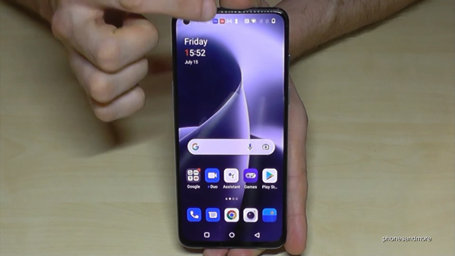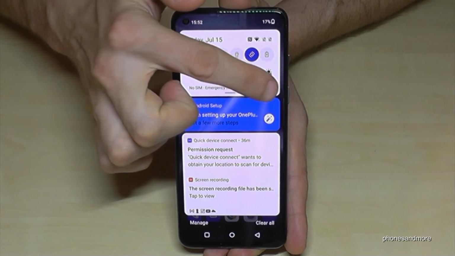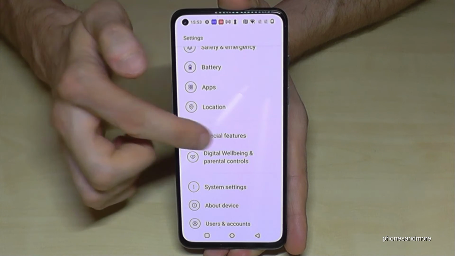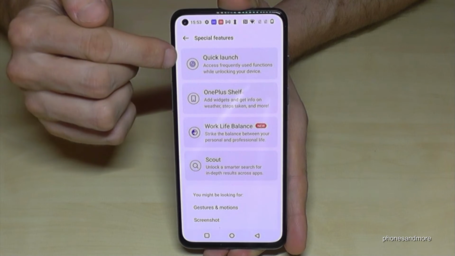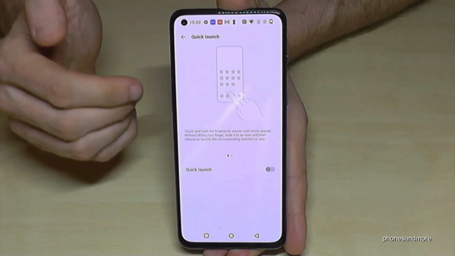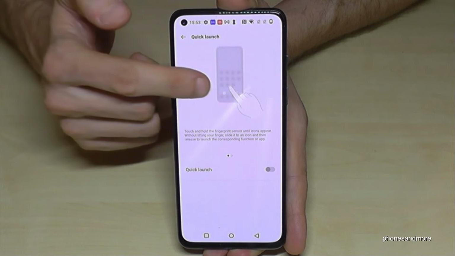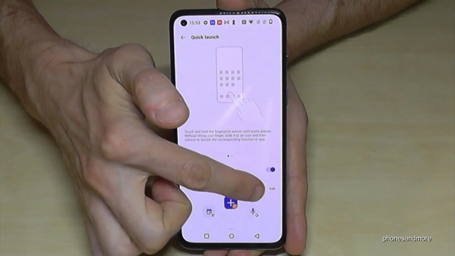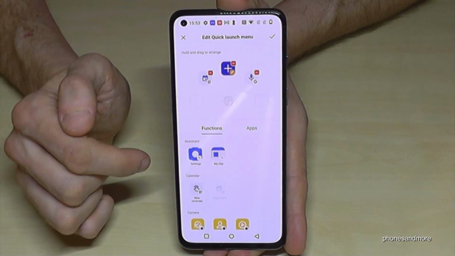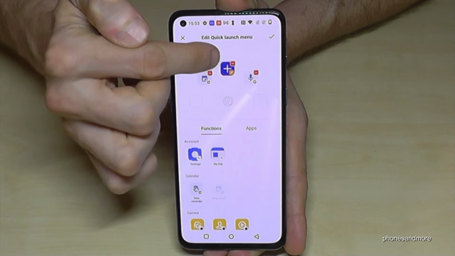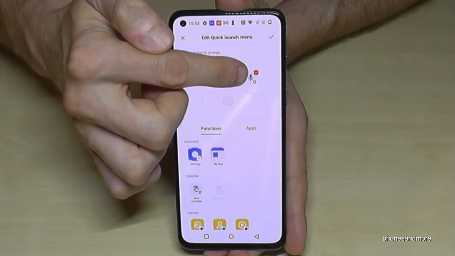For that, just scroll next to the camera, go to the symbol for the settings, and go now to the point Special Features. And the first point allows us to quick launch some stuff. Now, if you're long pressing the fingerprint sensor, just enable it here and go on Edit. And then you have here already some actions. You can remove them if you don't want to create a new note or to have quick access to the